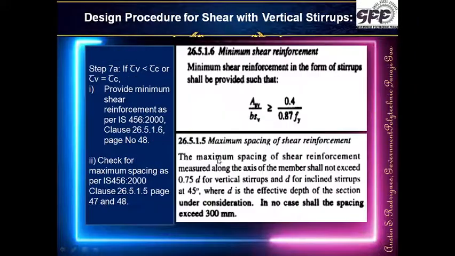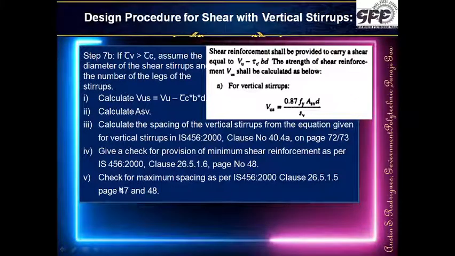Exactly the same procedure which we repeat in step 7a gets repeated over here at the end. So in all this, whether it is this or this or this, whatever is the least spacing, the minimum amount of spacing which we get, that spacing will be provided. So that many number of vertical legs of these diameter bars at this spacing, the minimum spacing we are getting in all this, that much spacing we will be prescribing. So that is going to be our design procedure.